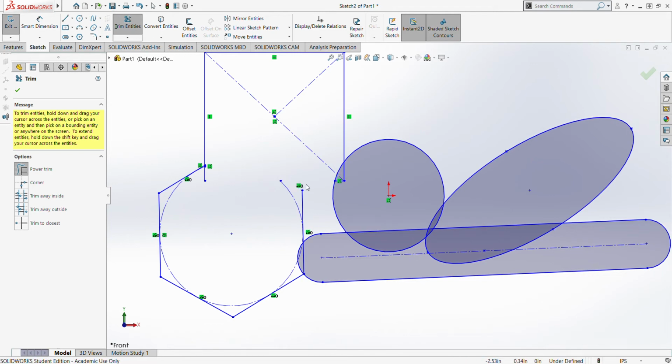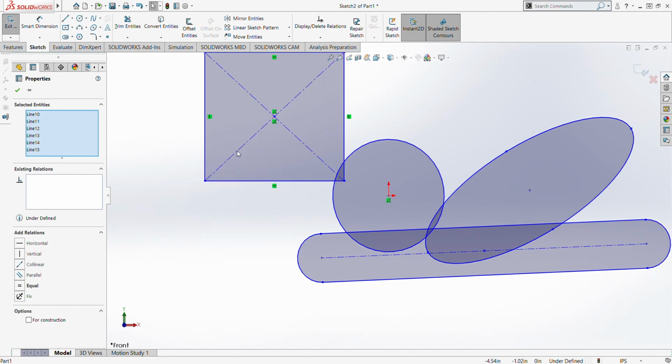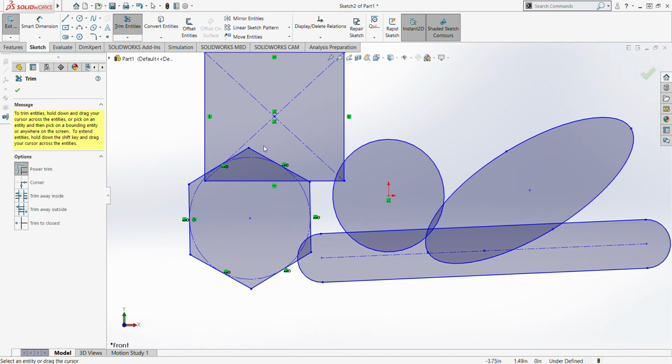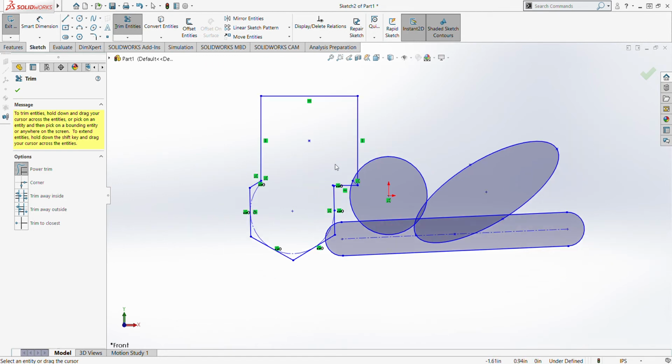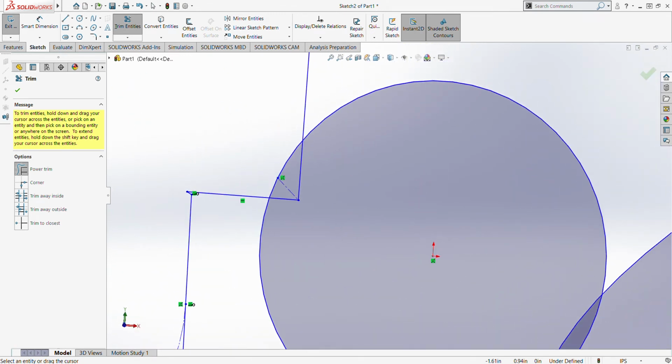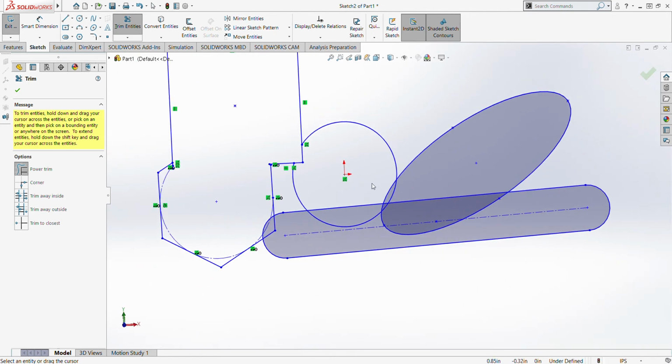Oops, you see I made a mistake. I accidentally did this line. So what I'm going to do is I'm going to go back and start all over. So click on trim entities. Trim all that's not needed. Okay, you see this one's done. You could zoom in right here to get rid of this, and then zoom out. We're gonna get rid of this line,